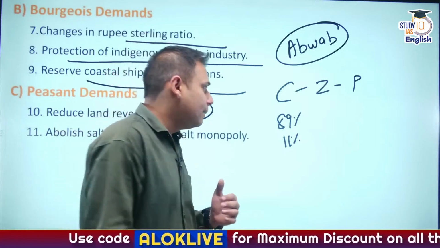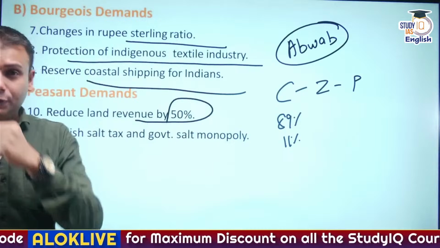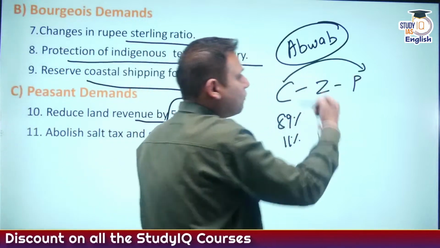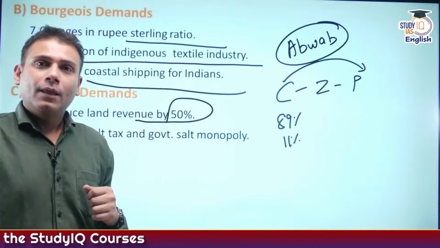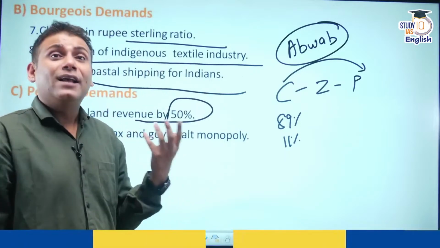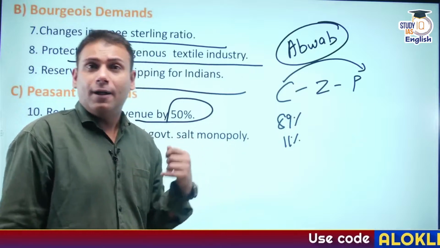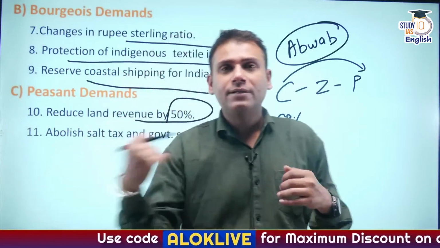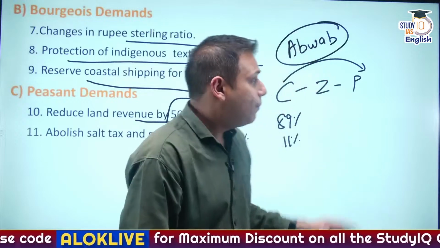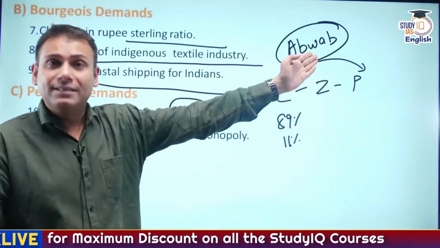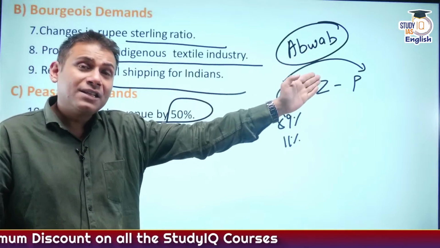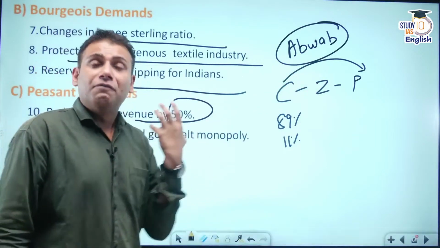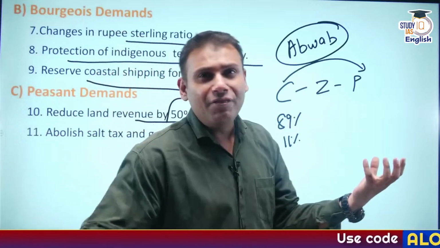Under the Rayatwari system, the company directly collected the revenue from the peasants. And the Rayatwari system covered 51% of British India. It was majorly implemented in the Bombay and Madras Presidency, wherein the company directly collected the revenue from the peasants and the land was classified majorly into three categories: the fertile one, the average one, and the barren one.